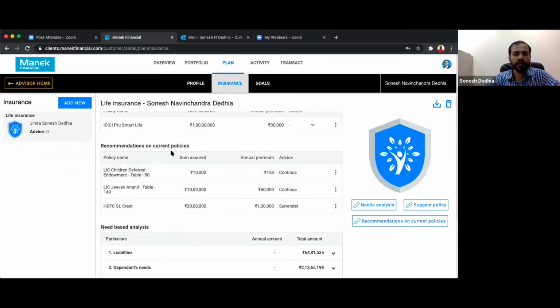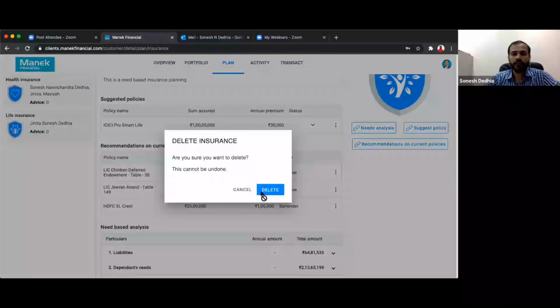So I have 3 policies here which are on the system in the portfolio section. Now these 3 policies which I have, I need to put an advice. From here we are starting to come up with a module which is a consent based advice mechanism. We have already released this and we are coming up with this. So here what you can do is come and recommend here. For example, I say that I right now delete this particular policy.